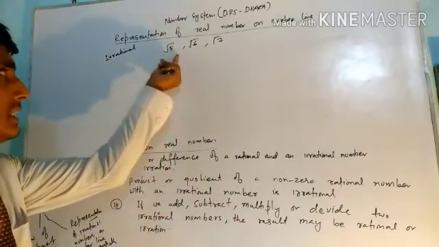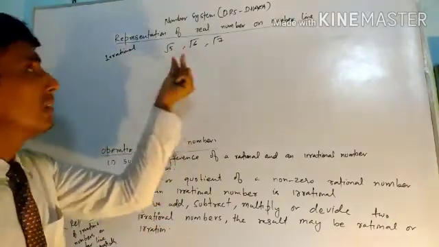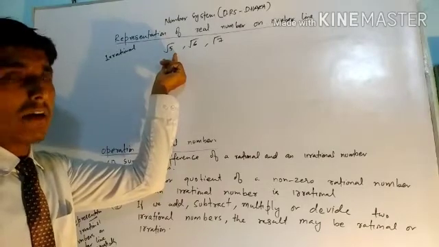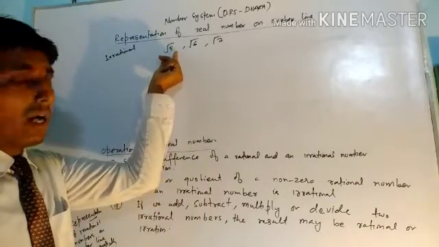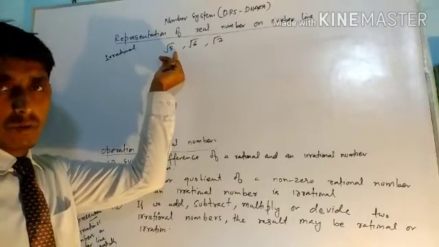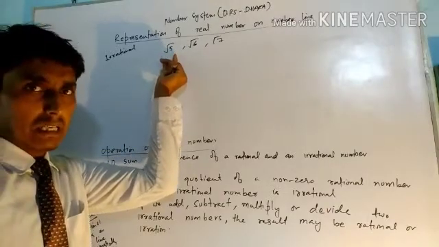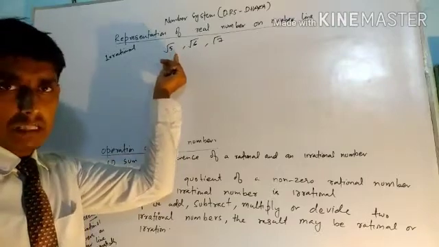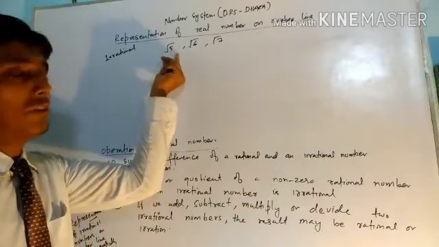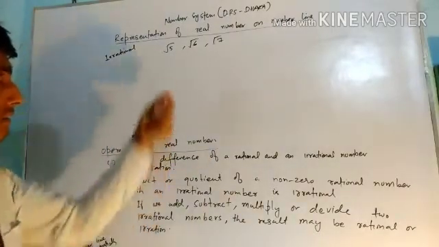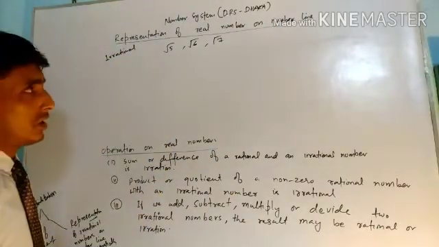To represent these numbers on the number line, first of all we have to find out the decimal value of this. But if you find the decimal value of root 5, you will not get an exact value. You will not get a terminating or a repeating decimal expansion. So it is not easy for you to locate this number on the number line. So to locate this number geometrically